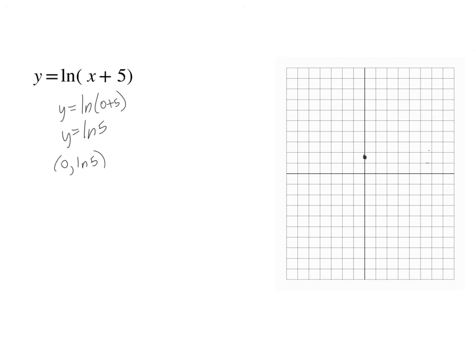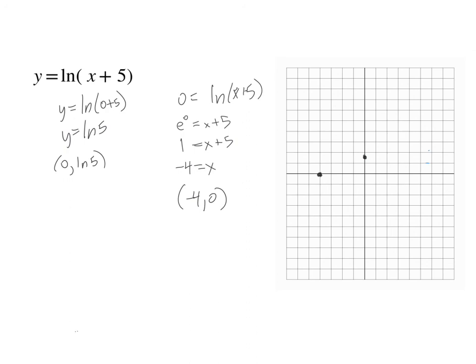And let's do the same thing for our x. And again, we're going to have to convert this to an exponent. So let's make it e to the 0 equals x plus 5. E to the 0 is 1. Bring the 5 over would give us -4. So -4, 0 should be our